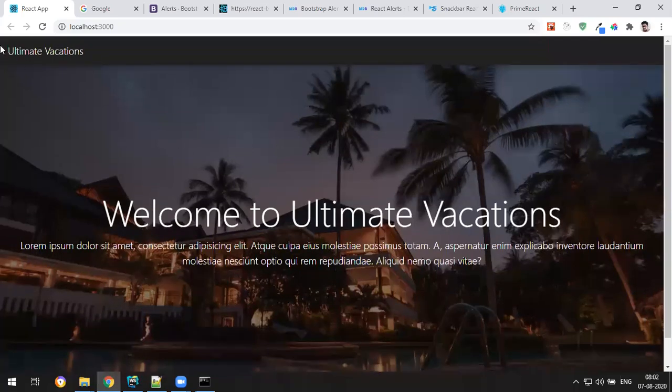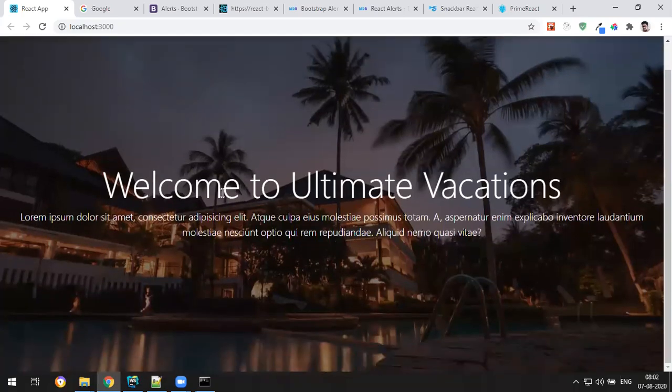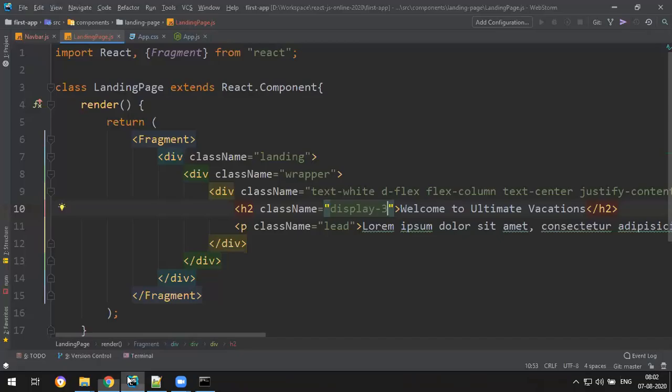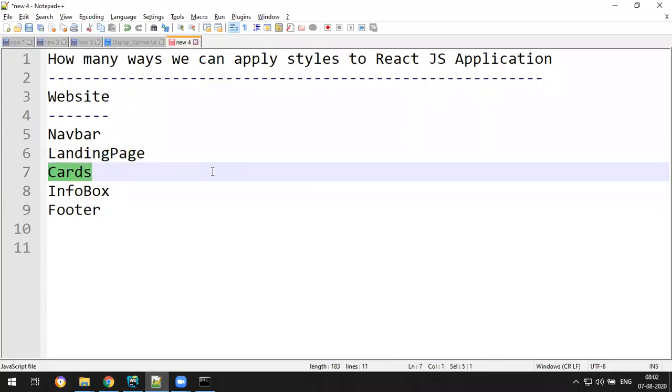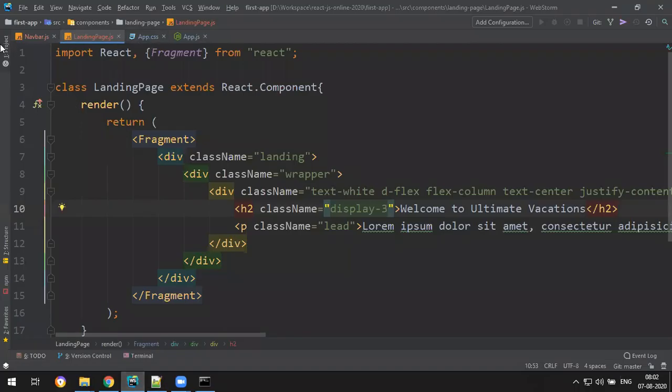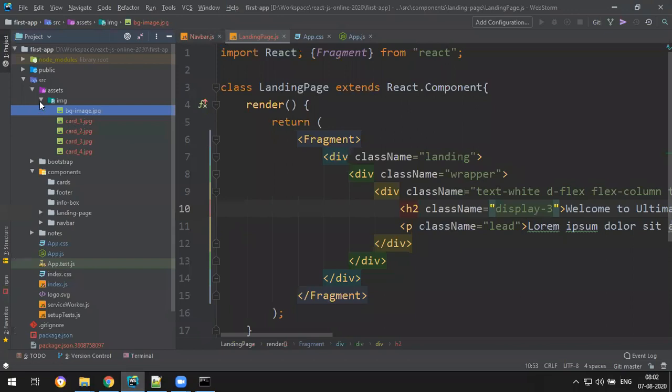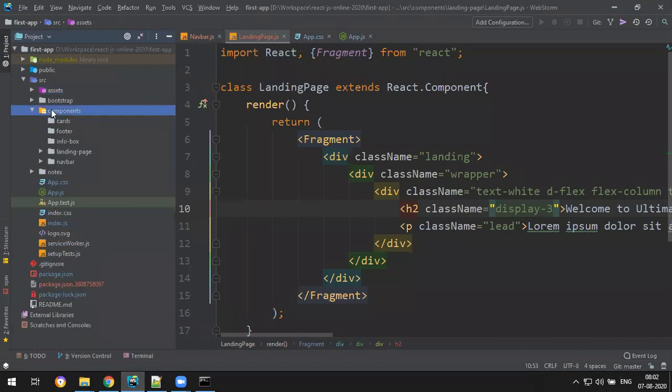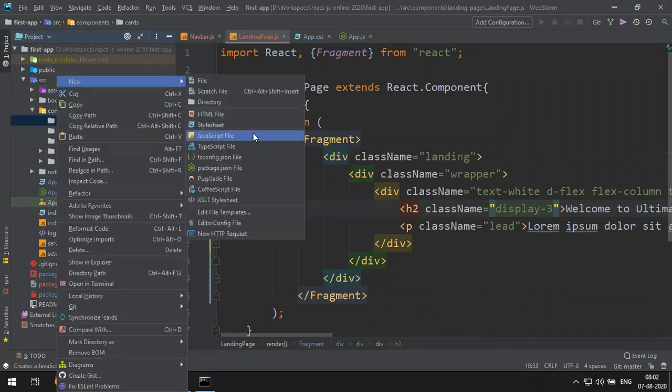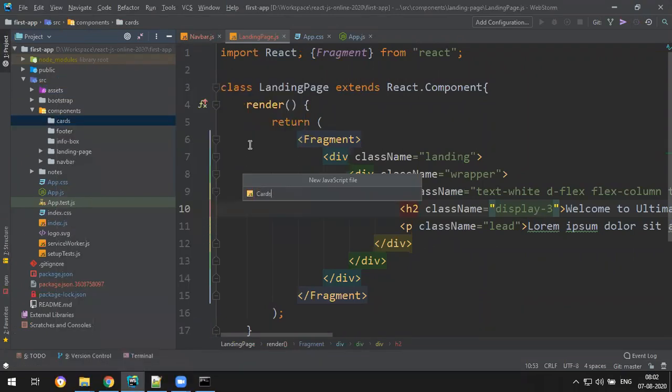Fine. So we have navbar component, we have landing page components, and next thing I wanted, next component is cards component. We have already done the cards component just now. So same cards component here. And where does the cards component go? Below the landing page. So I will create it now, go to the components, cards. I create new JavaScript, so cards.